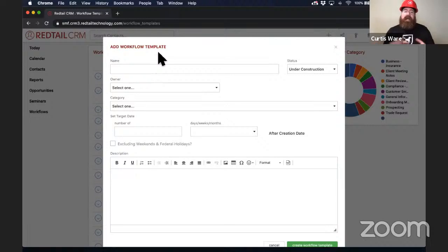We are creating the shell of the template. This is not creating the steps. This is not creating tasks. This is just a shell. We're going to name the workflow. We're going to decide if we want the target date to be automatically set or not. So in this case, I'm just going to call this RTU Online for now,